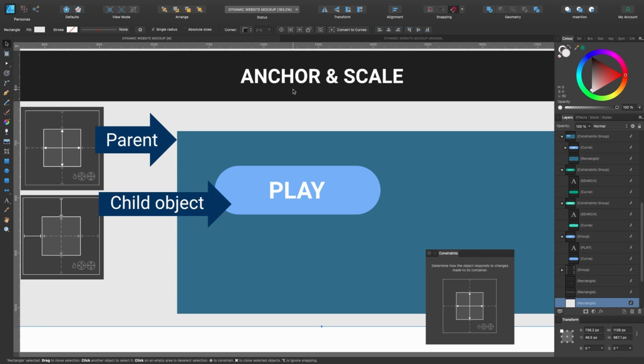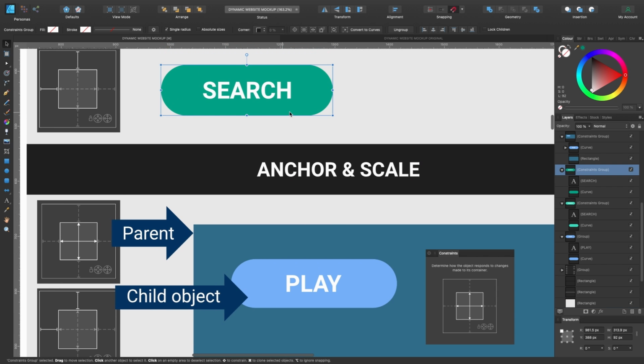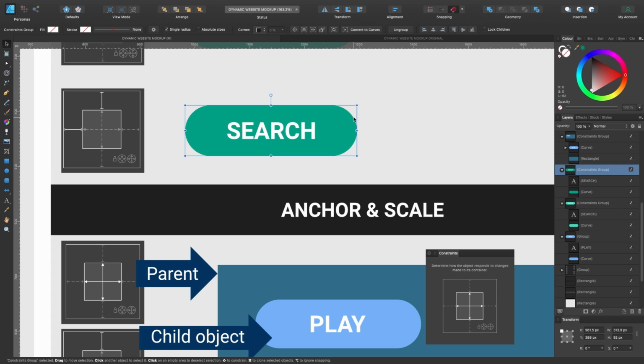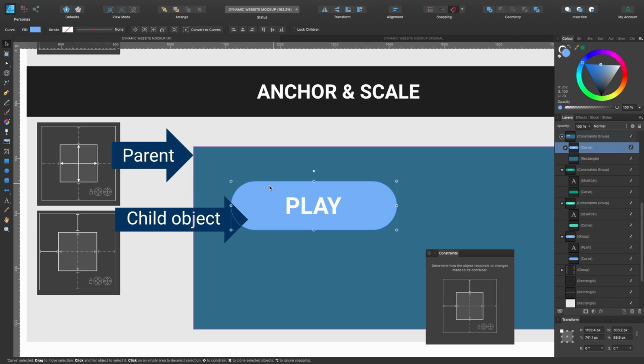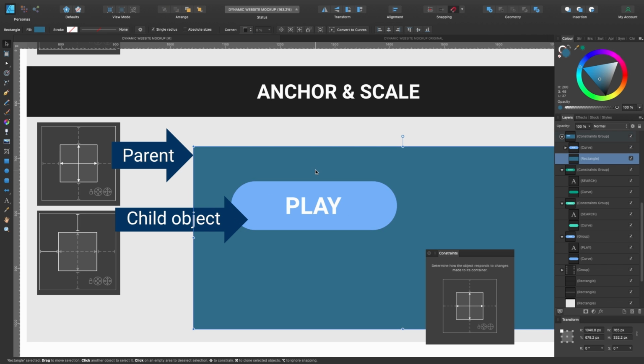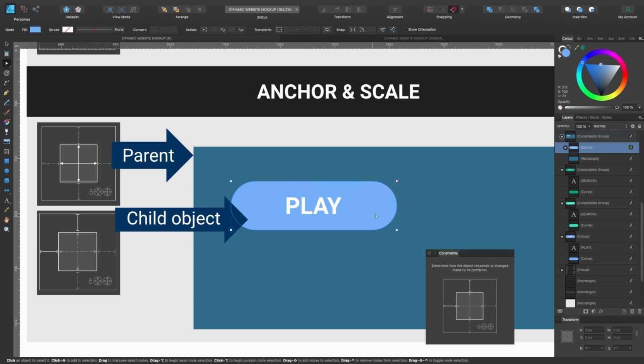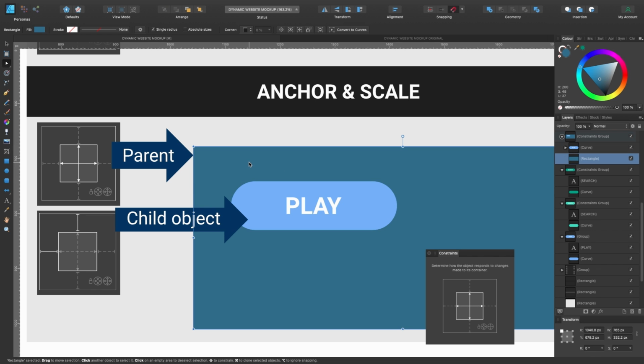In this example, we're going to be looking at anchor and scale, but in a slightly different way. Before, our pill shape was the parent layer and the word was the child layer. In this example, the whole play button will be the child layer and this big box around it will be the parent layer. So you can see when I click on the child layer, the button, I've anchored it to the top and the left. And you can see that down here. These are the ones that have been applied. And on the parent layer, I'm not going to be playing around with that. It will just be on the default. So let's see how this performs.